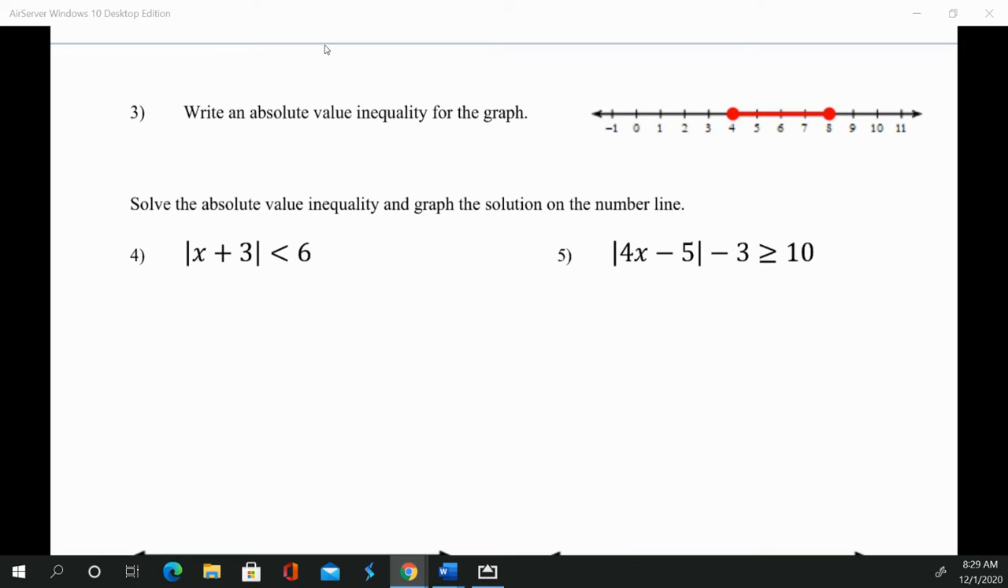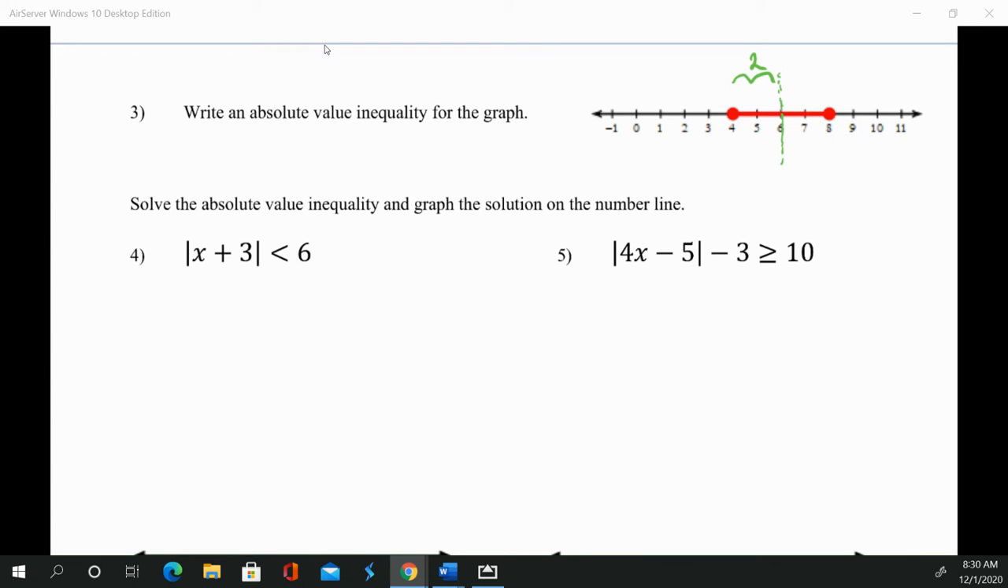So in the event that the graph is not centered at 0, we still want to find the midpoint. In this case, it's at 6. And we still want to find the distance from the two endpoints. So the distance is 2. So what we're saying is, 6 is 6 values from 0. So what we would do here is we would say,